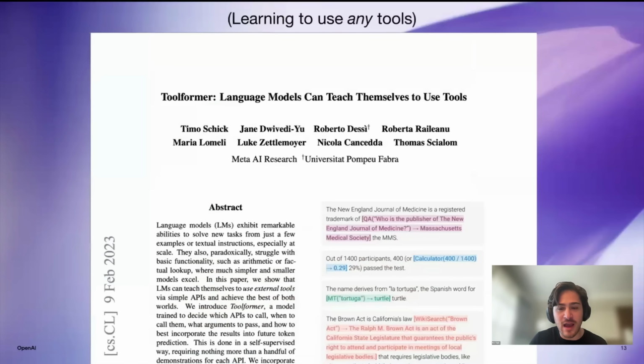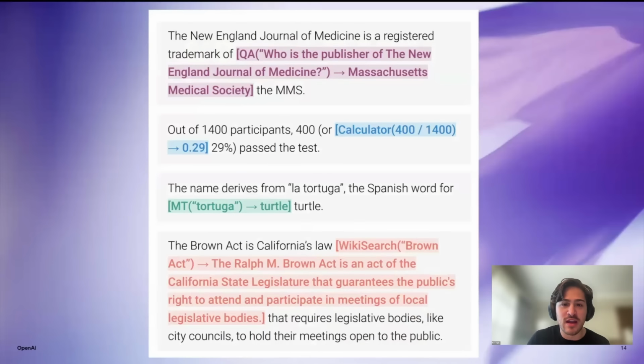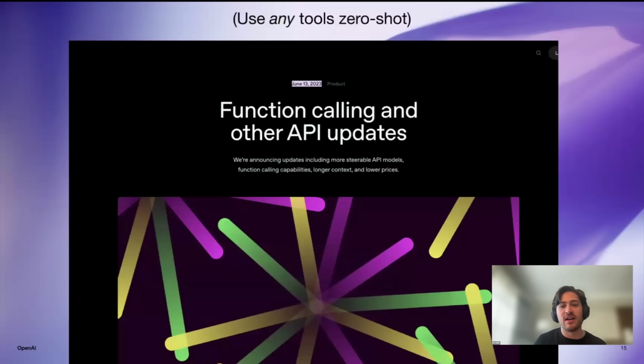Now, this is how it learns to use any of these tools. But then finally, in June of 2023, OpenAI launched general function calling, where we pre-trained it, or actually post-trained it, to be able to use tools. So now you can give it examples, but we just showed it this syntax with functions that we still use today, and it's able to call functions. So this is a brief history of function calling.